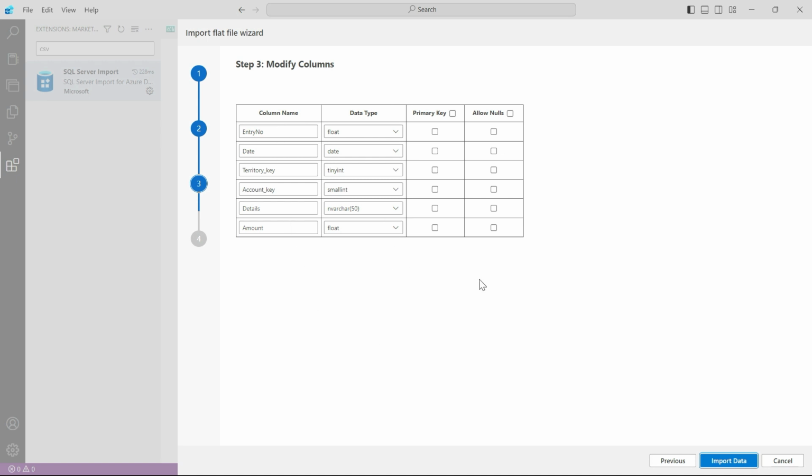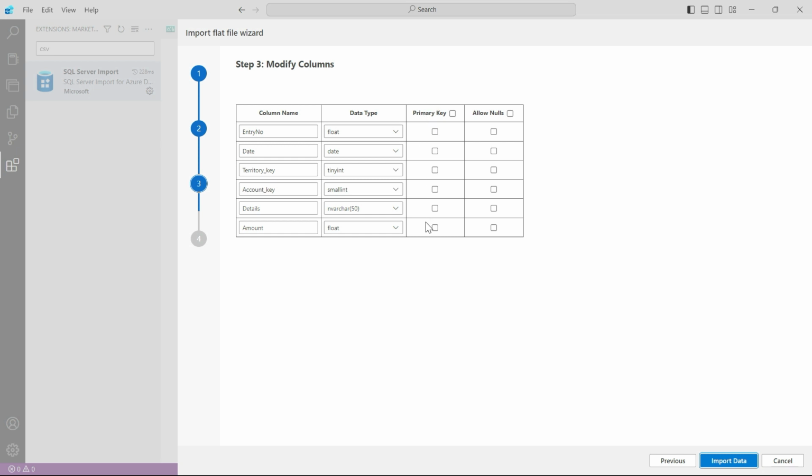But a benefit of using this wizard is the system will automatically pick up a data type, and we can trust that we can move forward. For this general ledger, we don't have a primary key. Now what is a primary key? I will explain that to you later on, and I will show you where we need to use that. But for now I will skip this explanation and move forward, and I can confirm that here